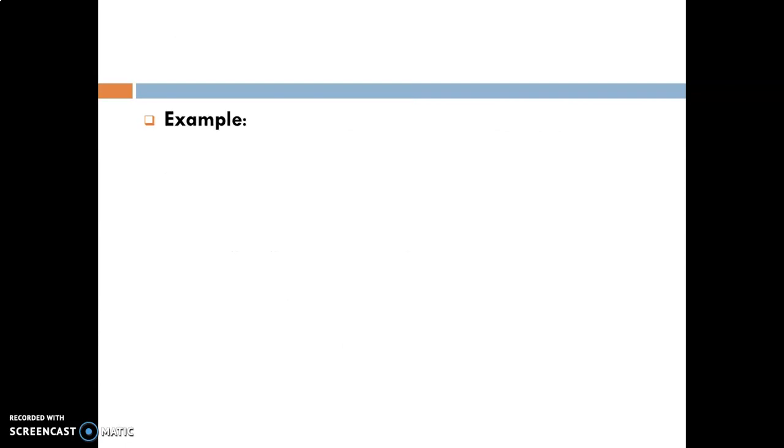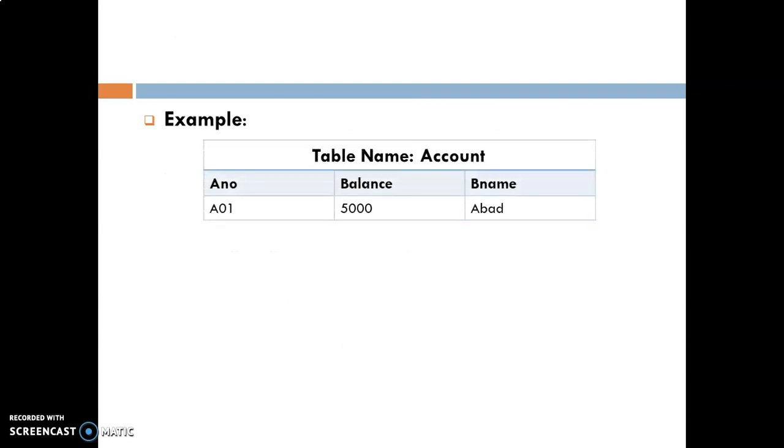Now we will see one example. Suppose this is my account table, in which I have three columns: account number, balance and B name. In the account number column, I'm storing string type data like A01, A02, A03, A04, etc. In the balance column, I'm storing numeric data like 5000, 6000, 7000, any numeric value.